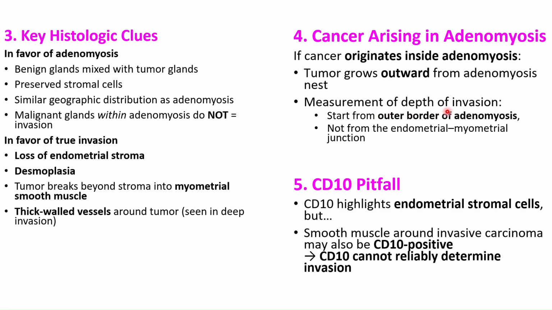And measurement of depth of invasion requires the outer border of adenomyosis and not the endometrial myometrial junction. So we will see later on. Now CD10 pitfall: sometimes CD10 highlights endometrial stromal cells, but smooth muscle around invasive carcinoma may also be CD10 positive. So sometimes it is not as helpful